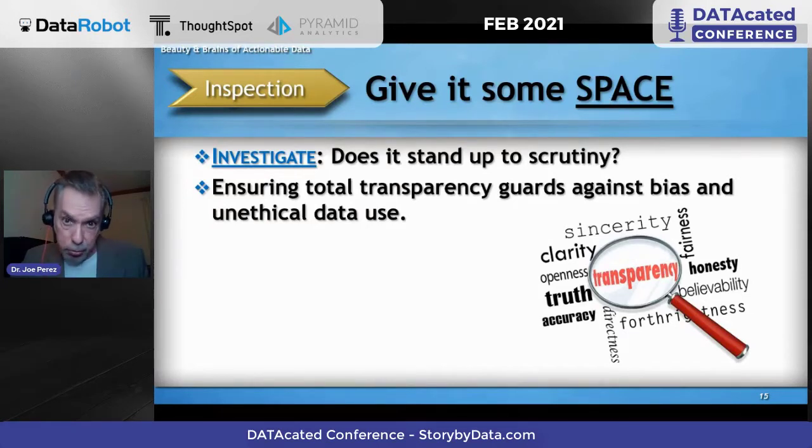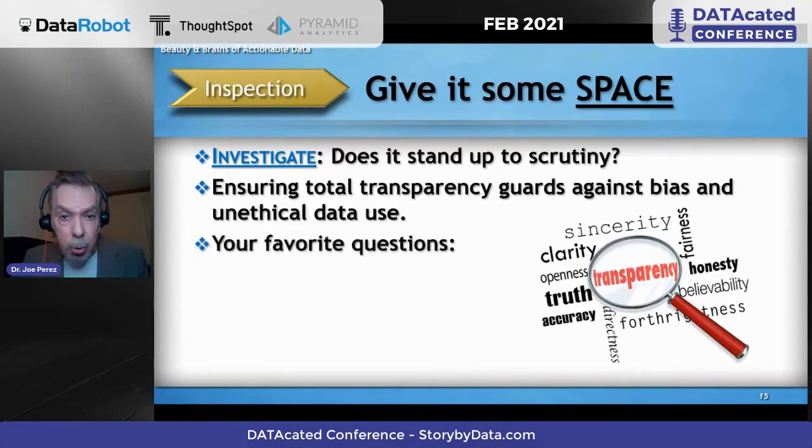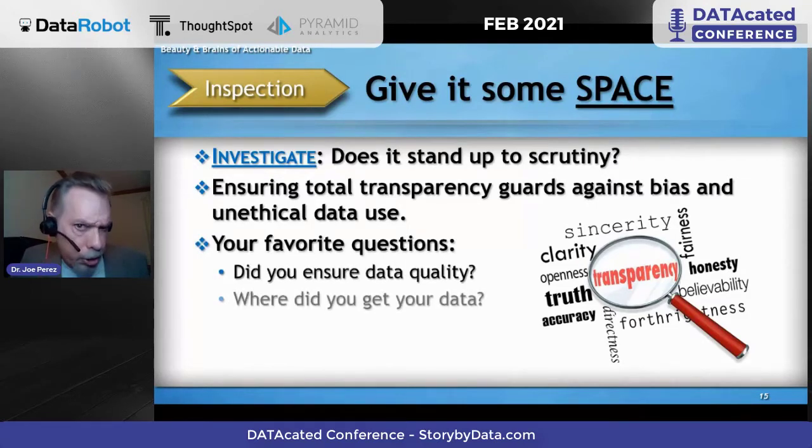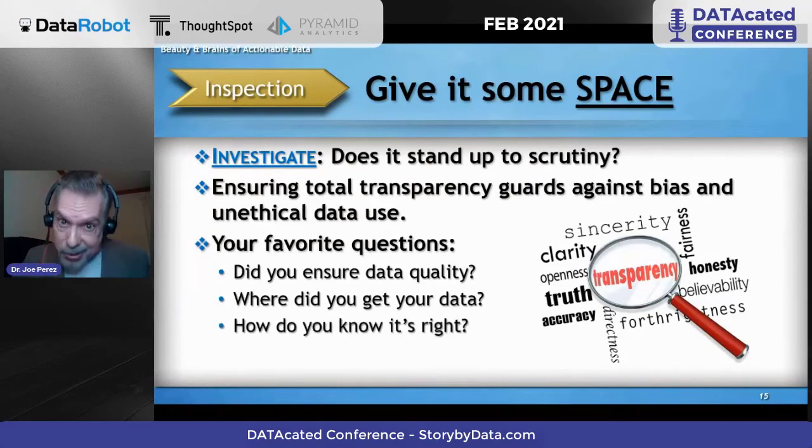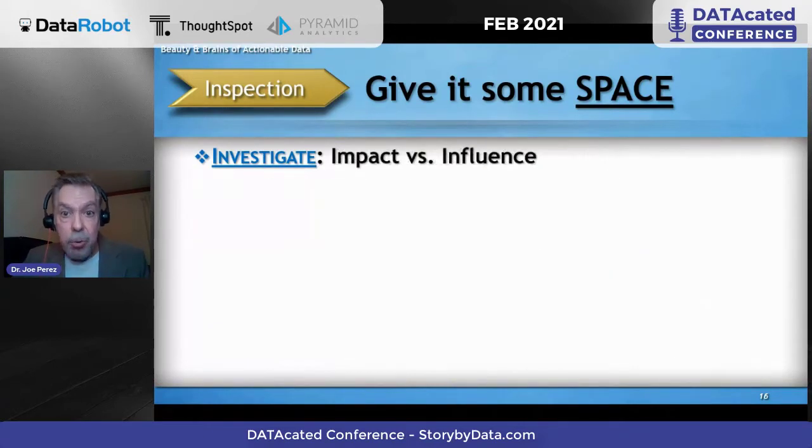And when you've done your due diligence, you're not going to cringe when you get these questions. Did you ensure data quality? Where'd you get your data? How do you know it's right, Bubba? Okay, right? You won't be bothered by them. They won't intimidate you. Now, as you let the data behind your data storytelling project stand up to inspection, you